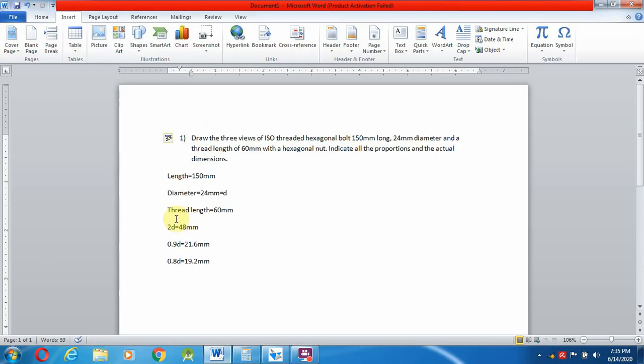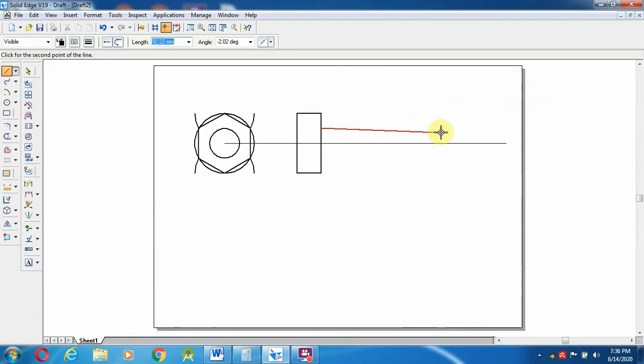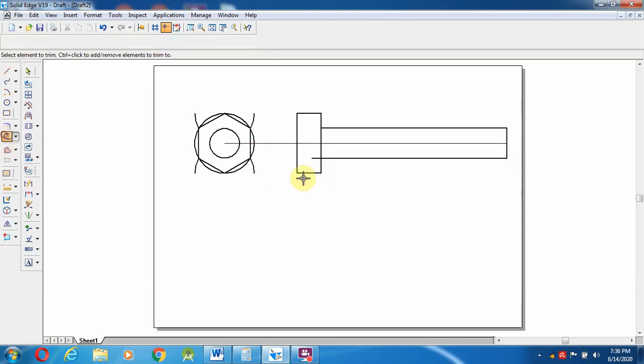The bolt length given in the question itself is 150 mm. So the bolt length is considered from here itself, so 150 and 24 mm, and I am going to close over here and select the trim option.